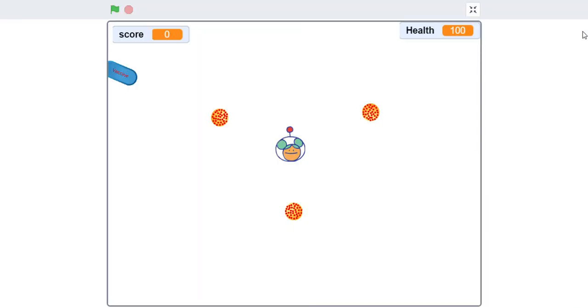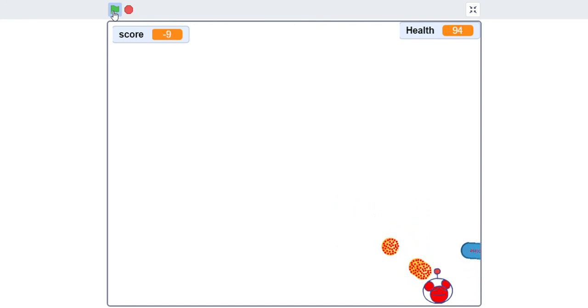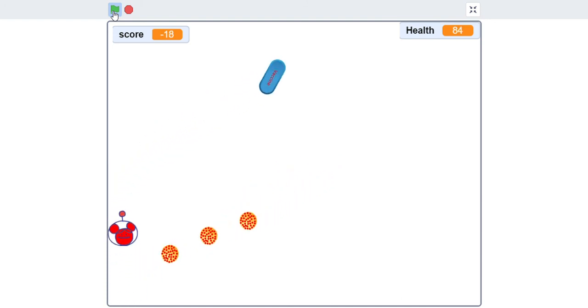So this is full screen, you can do it from here, and obviously if you want to play then you have to press this green flag. It is very essential to press it. Now let us play this game without wasting any of our time. You see it has turned red because I have been touched by the coronavirus, but I need to go to the vaccine even though it is repelling.